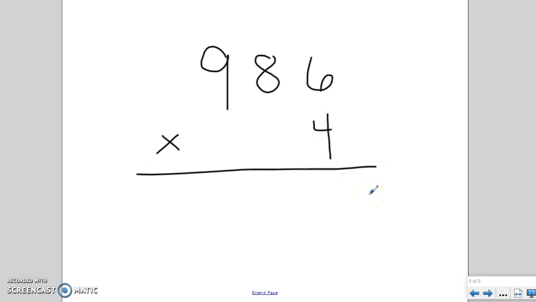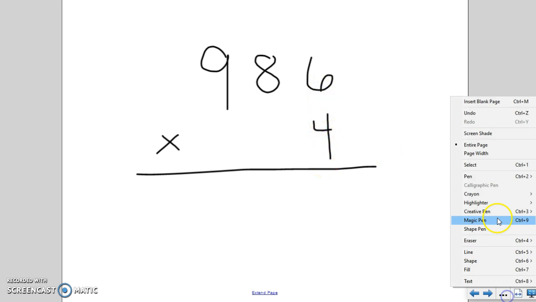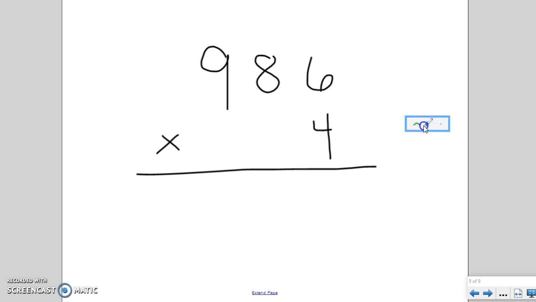So this time I'm not going to do the place value parking lots, and I want to show you how important it is to line things up. I want to make sure that when this 4 attacks the 6, which is the first step, that the number we put down is right here in this column. Well, 4 times 6, 4 is double double. So double 6 is 12 and double 12 is 24. So I'm going to put the 4 down right here in this column, and the 2 is going to jump